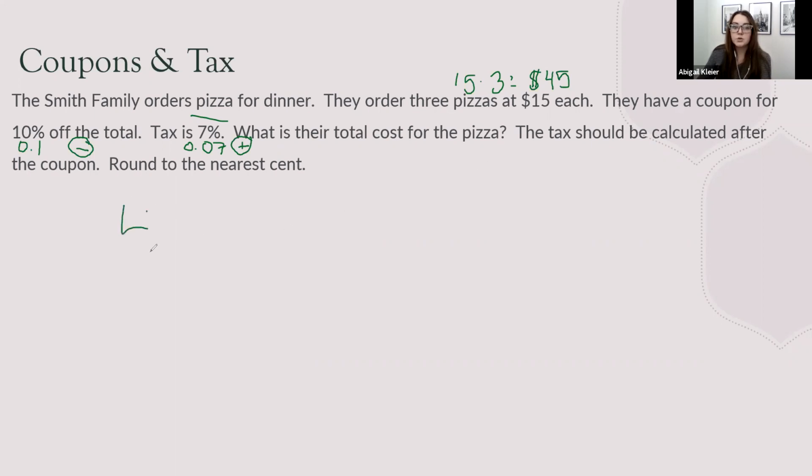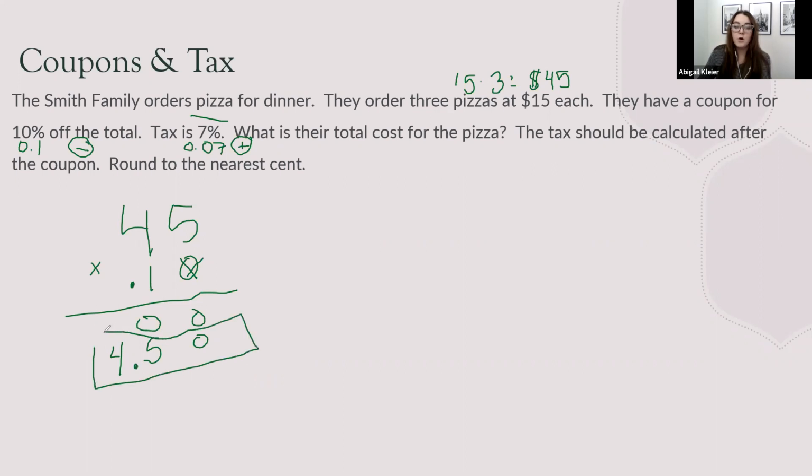My pizzas came to $45. The Smith family has a coupon for 10% off. That means I'm going to multiply my 45 by the rate, which we just changed over to a decimal. So $45 times our rate of 10%, multiply, bring in my decimal points. So this tells me that the coupon took off